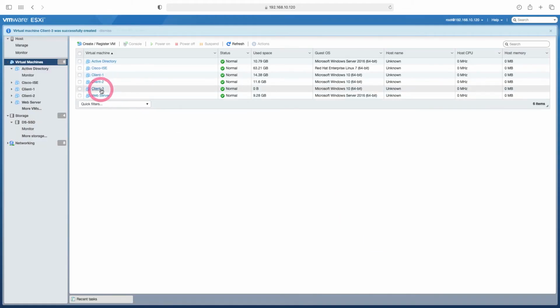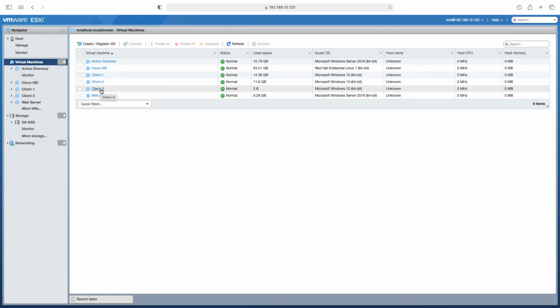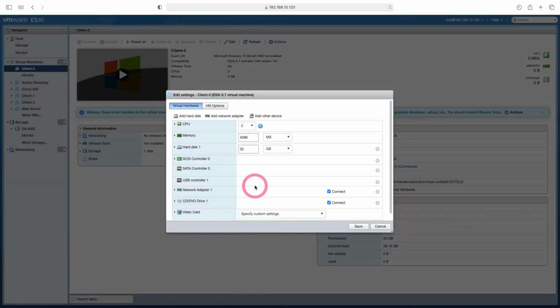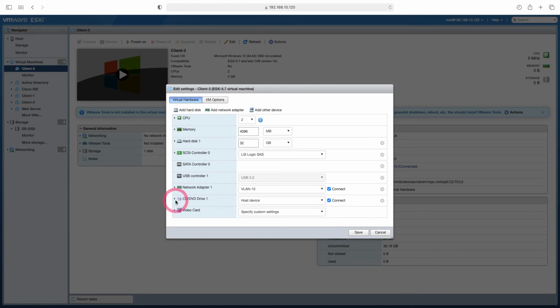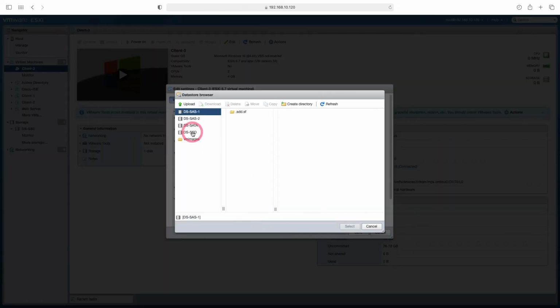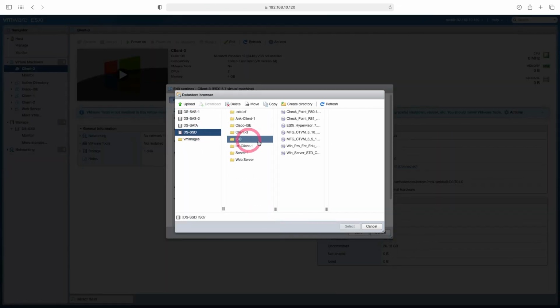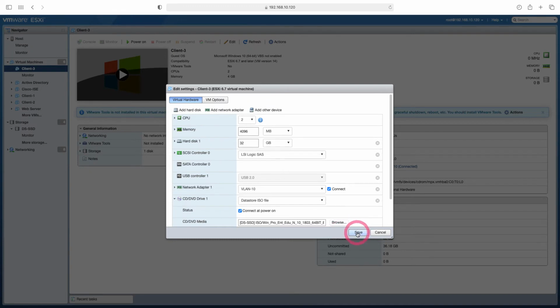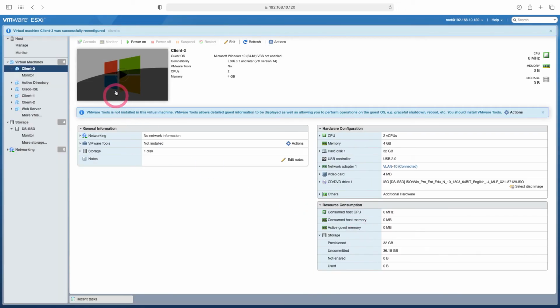Now our host that we created has come here. We need to show the ISO file so that we can install our host. From here, I click on Client 3 and say Edit. After I say Edit, I come to the CD part. Here we will select the ISO file that we will install. Let's choose Data Store ISO from here and add our ISO file. In the ISO folder, we select the Windows 10 image ISO file. Now when we start the virtual machine, the Windows 10 operating system will start to install. Let's start our server by saving.